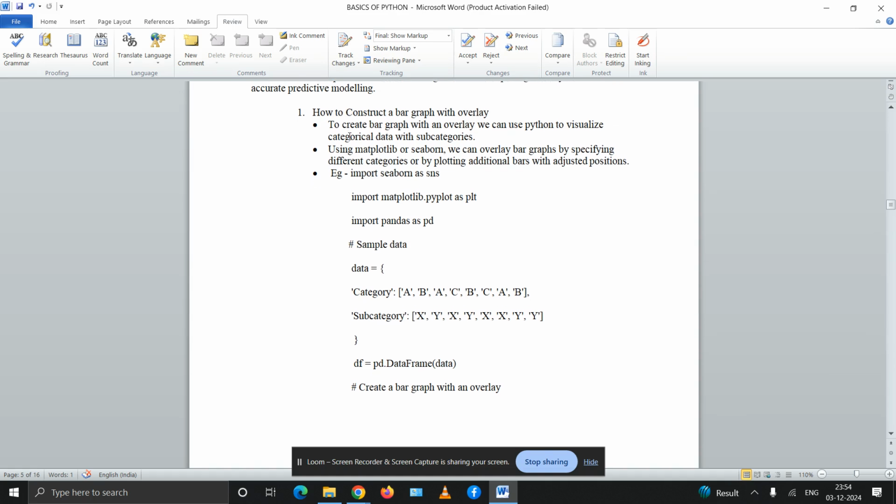Then we have how to construct a bar graph with overlay. To create a bar graph with an overlay, we can use Python to visualize categorical data with subcategories. We can use matplotlib or seaborn, and we can overlay the bar graph by specifying different categories or by plotting additional bars with adjusted positions. For example, we can import seaborn as sns, then we can import